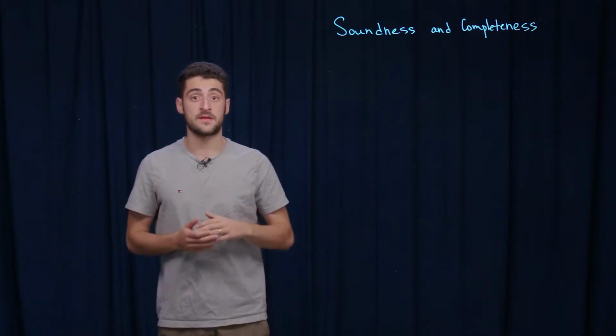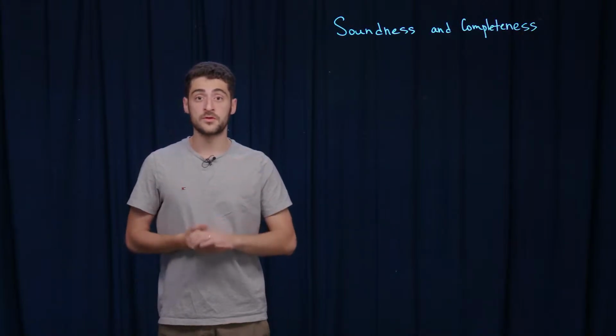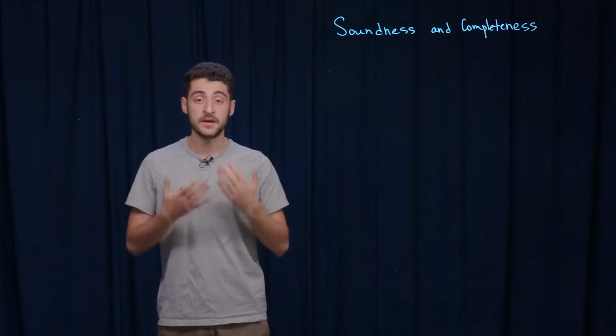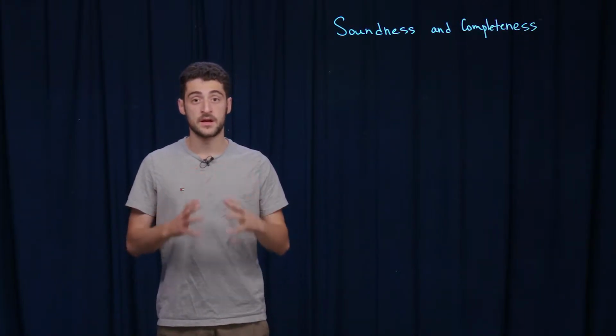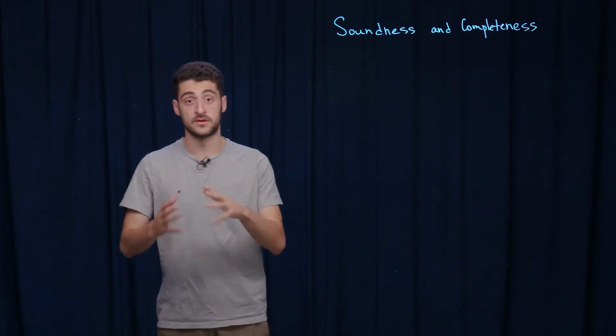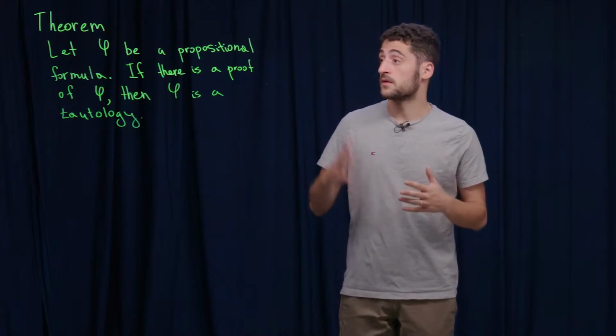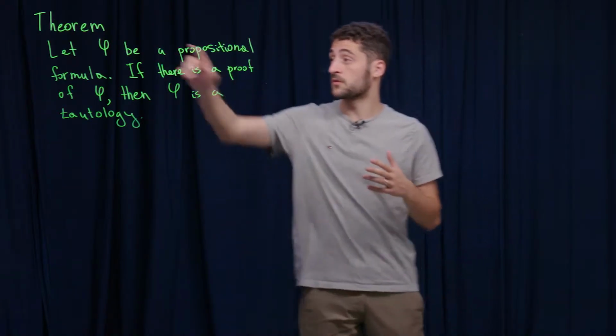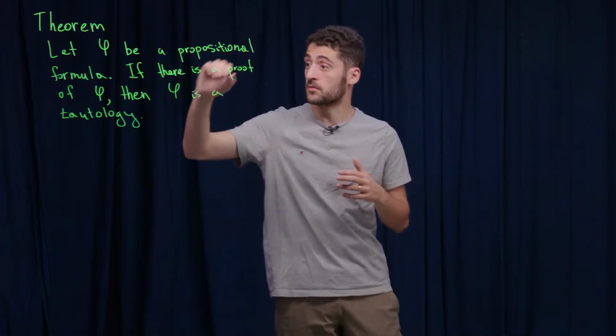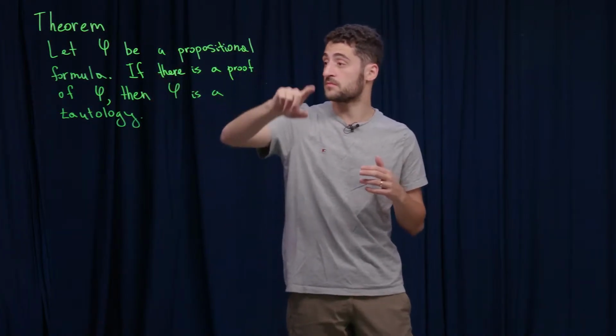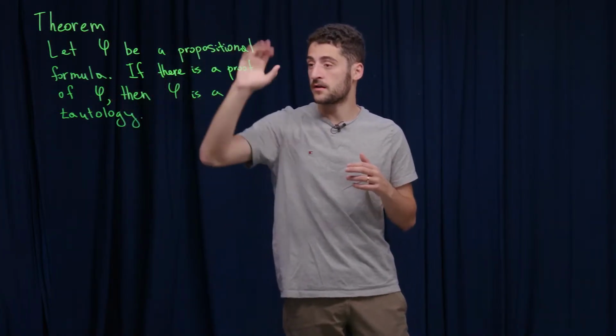Soundness says that if you can prove something, it's a tautology. Completeness, on the other hand, says that if you have a tautology, you can prove it. Let's start with soundness. Formally, the soundness property is the following. If you have a formula phi, a propositional formula, then if there is a proof of phi, then phi is